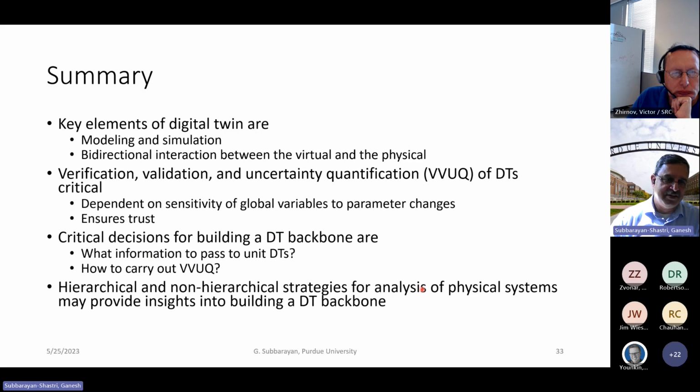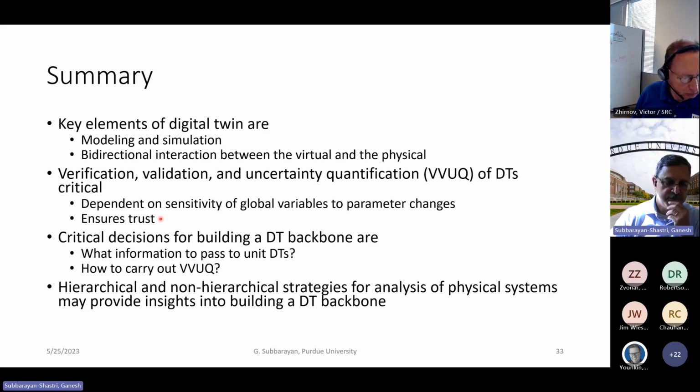I want to reemphasize that the key elements of the digital twin are modeling and simulation. I'm somewhat biased in that assessment, as you can tell. But bidirectional interaction between the virtual and the physical is important. We have not discussed verification, validation, and uncertainty quantification very much, and this is critical, and it's dependent on sensitivity of global variables to parameter changes. This is important also to ensure trust,